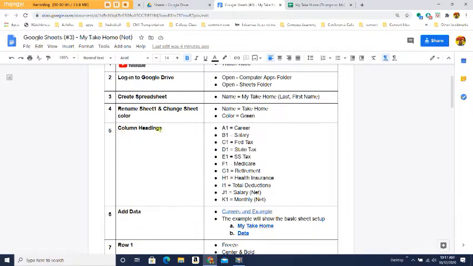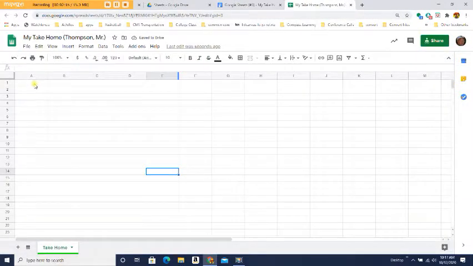Step number 5, here are my column headings. These are my column headings I'm going to put in. A1 is career, B1 is salary, and so forth. I'm going to type these in. State tax. SS is for Social Security tax, Medicare, retirement,